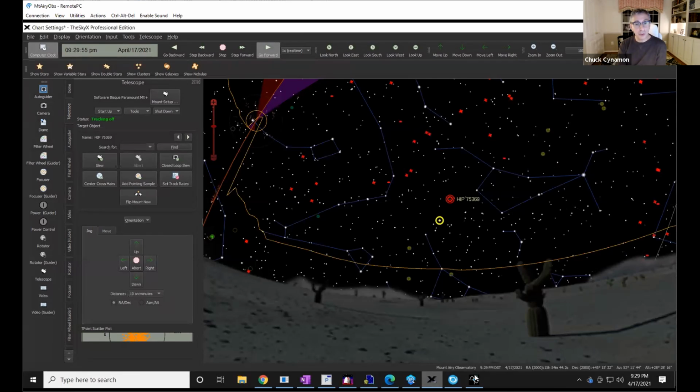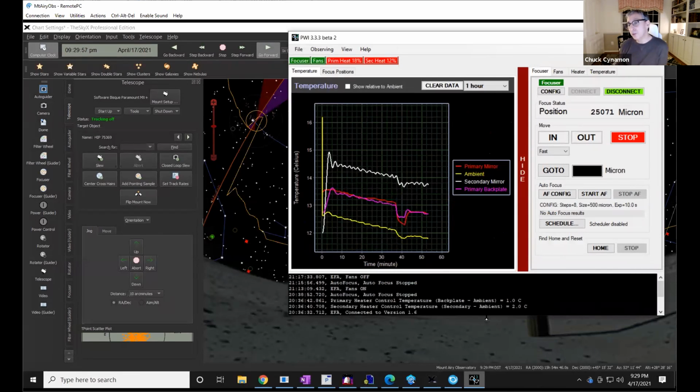The other thing I'll show you is, I mentioned to you before, it has an internal dew system. So this is telling me the ambient temperature right now is just under 12 Celsius. The primary backplate is about 1 degree warmer, and the secondary is 2 degrees.